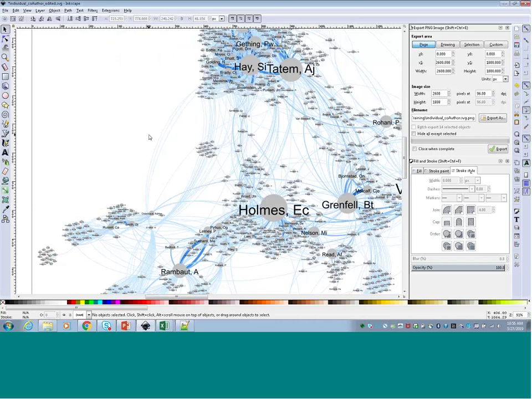So again, there are some other things that we do to tweak this, but for the purposes of this particular presentation, that was about all I wanted to cover today. We've now taken you from the raw .isi file all the way through to creating the network, creating the image in Gephi, and then saving the final image in Inkscape into something that we can actually put into a document and work with in a final presentation.